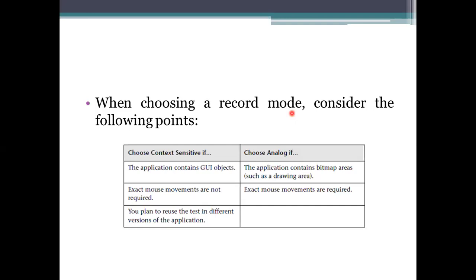Okay. This also contains GUI objects, and this also contains objects, but it has the bitmap area. Analog means it has to know the space here. So to know the space, there is a signature, a digital signature or representation. We need to give some signature-like representation, which will have the info of that signature. So we need this area to be a bitmap area, which is a drawing area here.